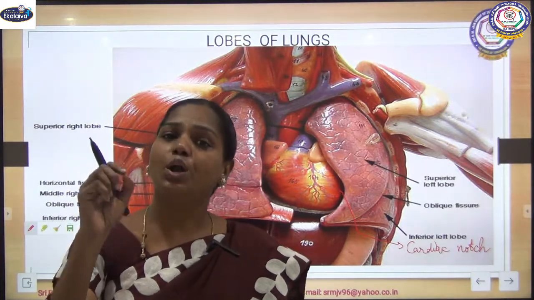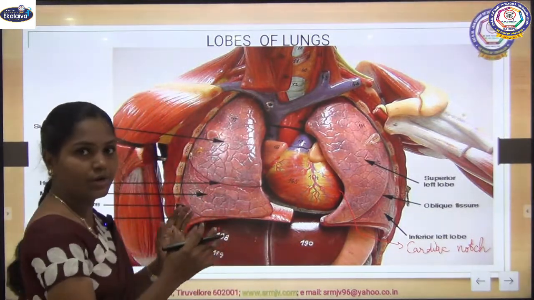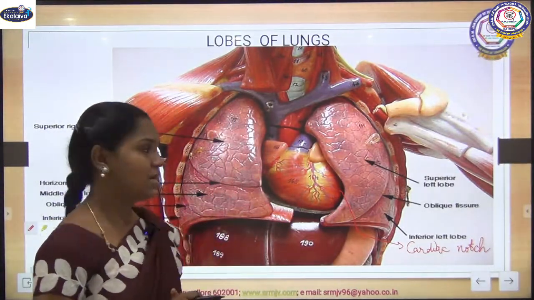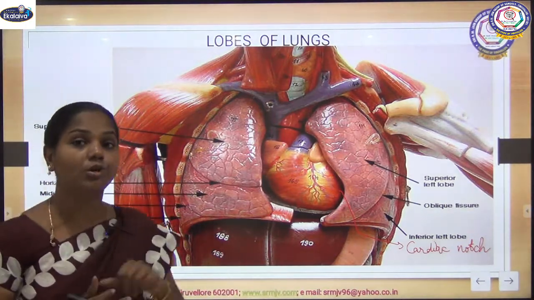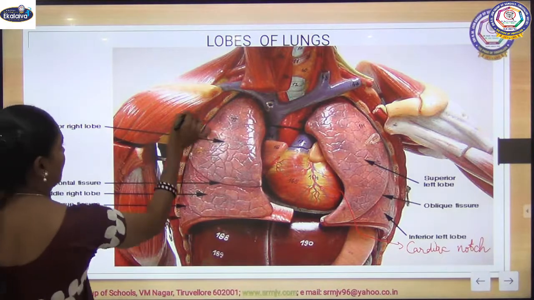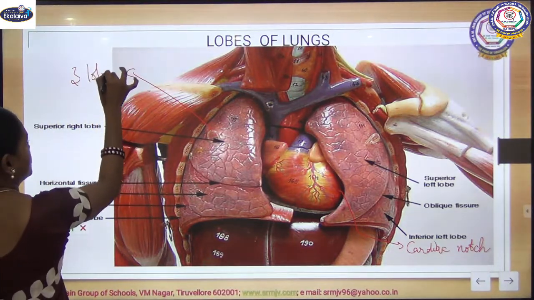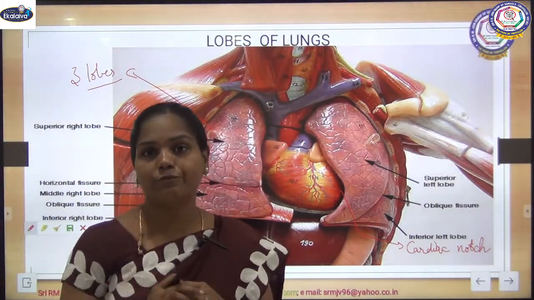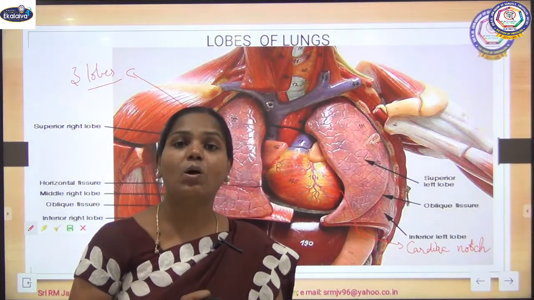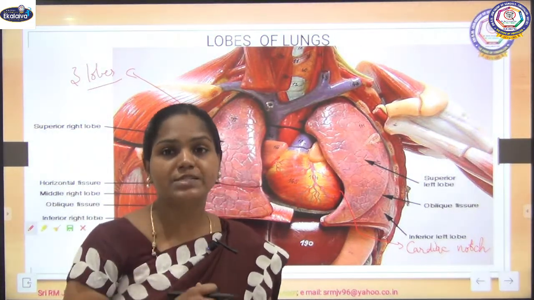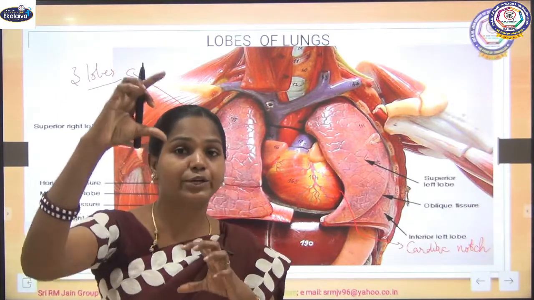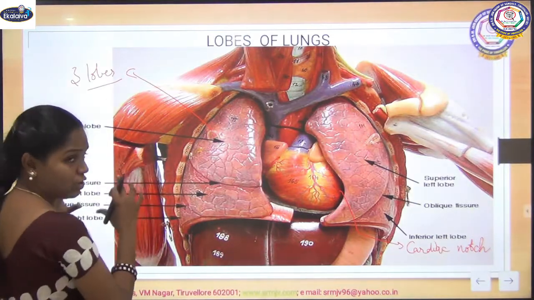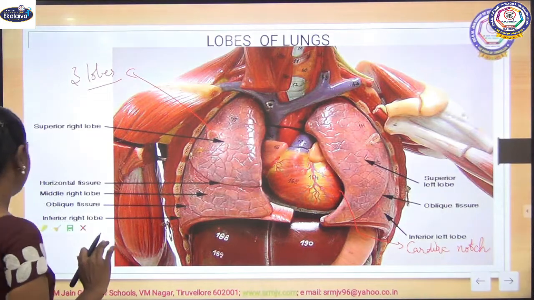Now, close to your lungs, as I told you already, the left lung is somewhat smaller than our right lung. Structurally, the right lung is composed of three lobes. How are these lobes formed? There are some grooves in the structure of our lungs. Those grooves we call fissures. With the help of these fissures, the whole lung is divided into three different parts. So the right lung consists of three lobes and the left lung consists of